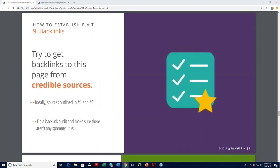Then backlinks. Backlinks are still huge. So making sure that you're driving high quality backlinks to your site, and even trying to reach out to those credible sources that we made a list of, and trying to get them to link back to you. I mean, that'd be huge. So make sure you're doing all the outreach, getting high quality backlinks to your new post, to your site,